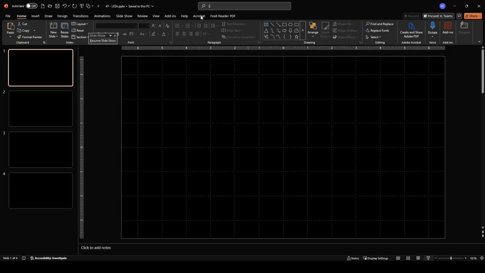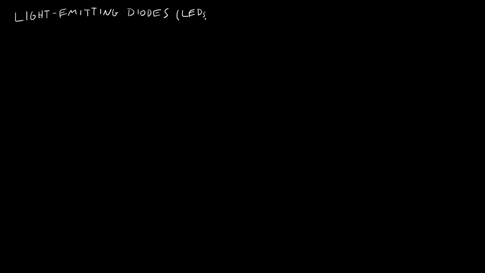Alright, in this video we're going to cover light emitting diodes, or LEDs. As the name implies, these are diodes that emit light. The math is going to be exactly the same as what we saw